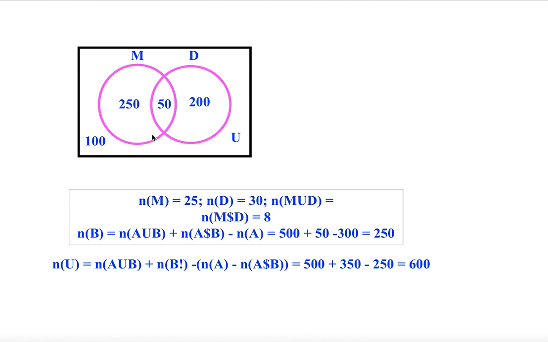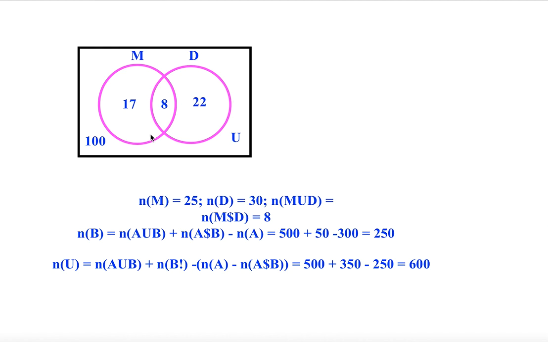This is not being asked. What has been asked? Okay, let's put the numbers here in the Venn diagram as well. Music is 25 members. Intersection is 8. First, you need to write the intersection part, 8. Now you need to reduce the intersection from N of M. 25 minus 8 is this part, right? What is 25 minus 8? 17. So this is 17. Here you have to write 30 minus 8. 30 minus 8 is 22.